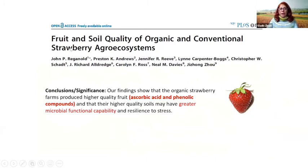And they compared the quality of the soil and the quality of the root, and by quality I mean the nutrients they assess when growing the strawberry in organic and conventional systems. And here is their conclusion and significance. It says that our findings show that the organic strawberry farms produce higher quality fruits, especially for ascorbic acid, vitamin C, and the phenolic compounds,